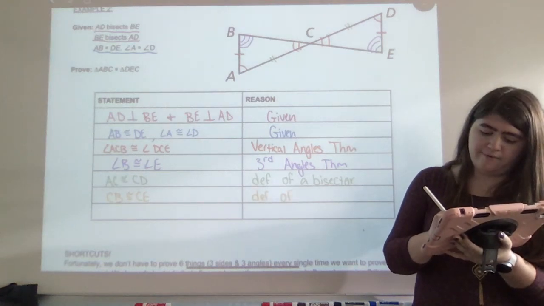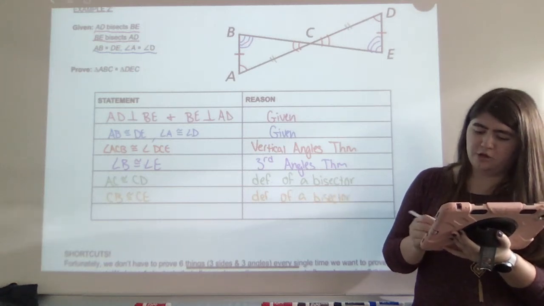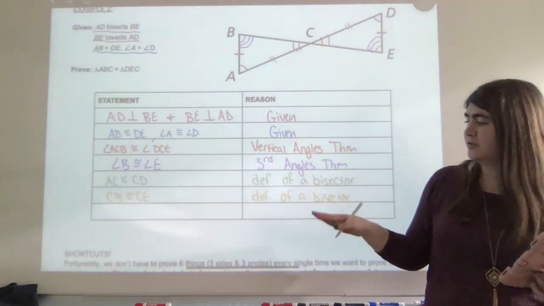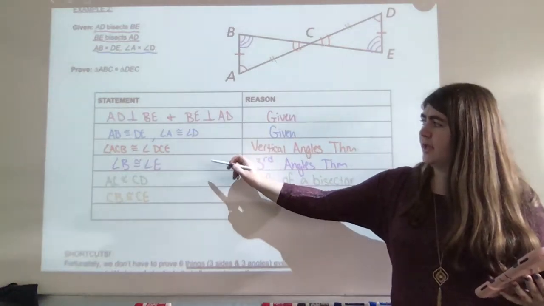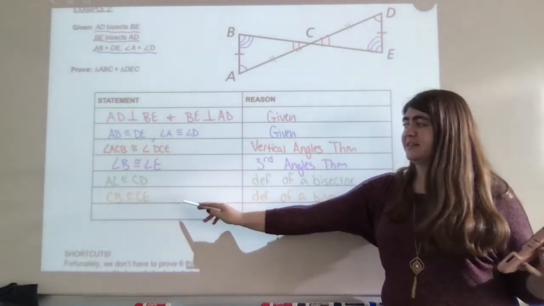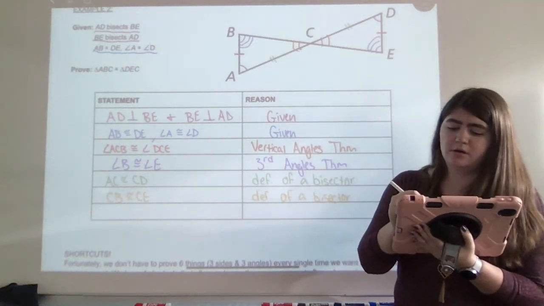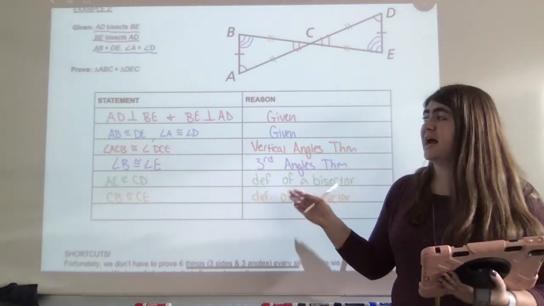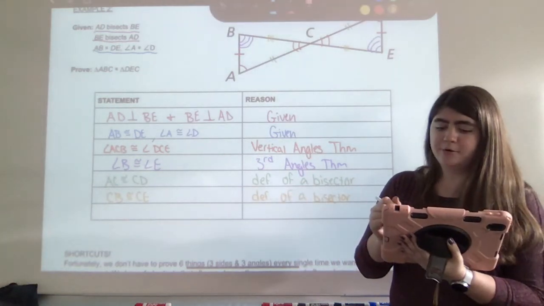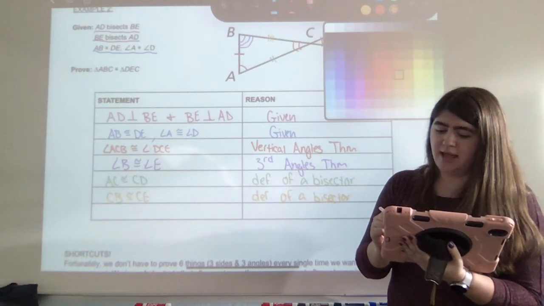And DEF with a period next to it is the abbreviation for definition in my mind, so that's what I use. Alright, so now I have 1, 2, 3 angles, 1, 2, 3 sides. Since I've shown all sides and all angles are congruent, all corresponding sets are congruent, then I can say from my prove line, which is where we wanted to go in the first place, I can say that